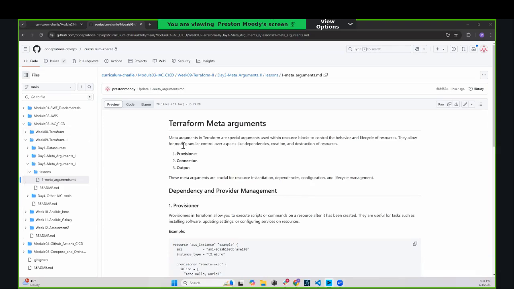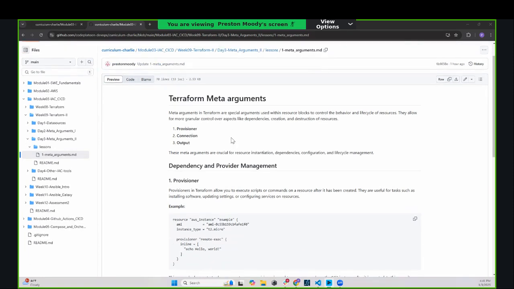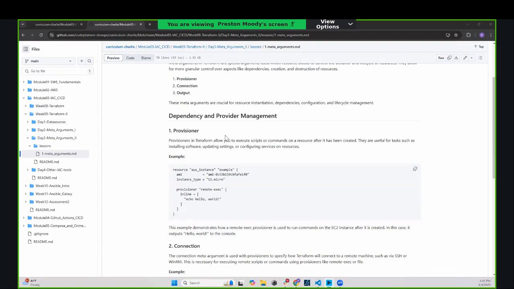Alrighty. So meta arguments in Terraform are special arguments used within resource blocks to control the behavior and life cycle of resources. They allow for more granular control over aspects like dependencies, creations, destruction of resources, etc. Today we're going over provisioners, connections, and outputs. These meta arguments are crucial for resource initiation,